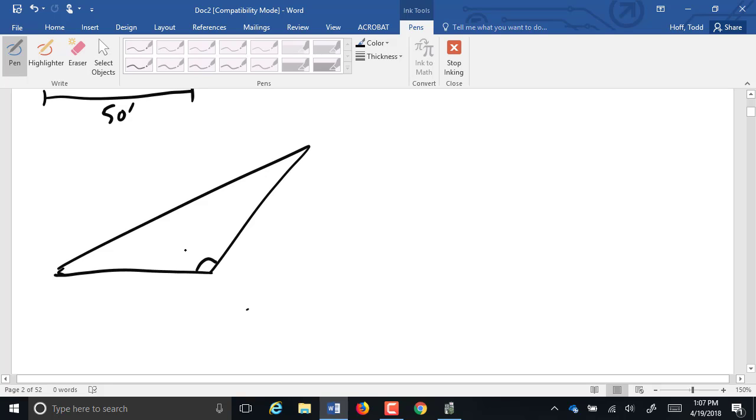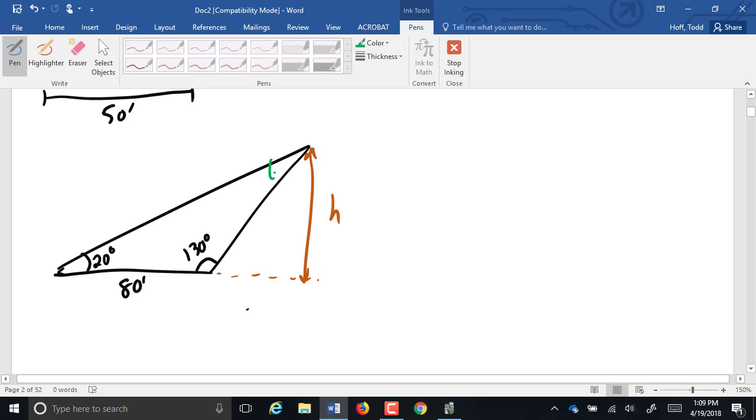Let's say that there is 130 degrees. This here is 20 degrees, and this here is 80 feet. I want you to find that height. Okay, so for this one, guys,